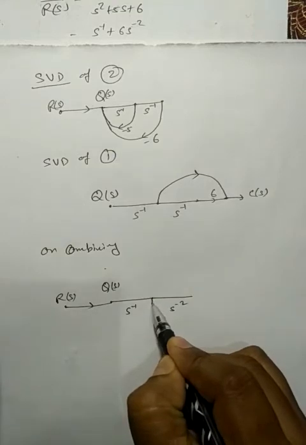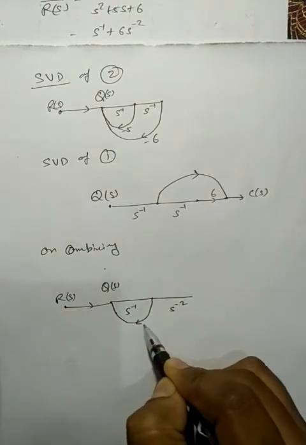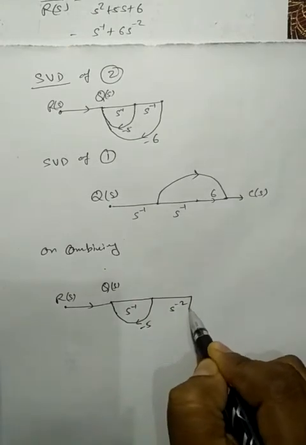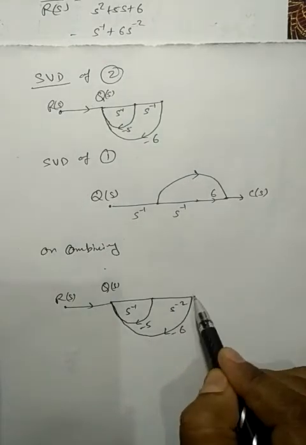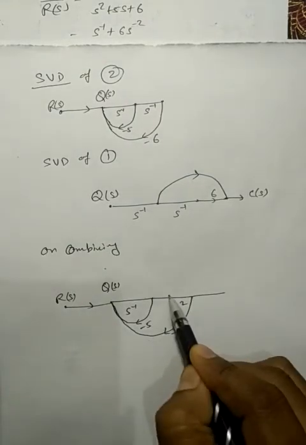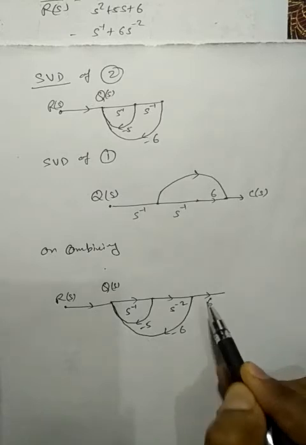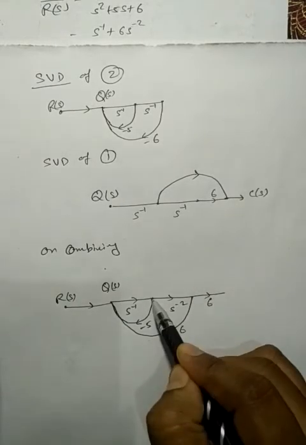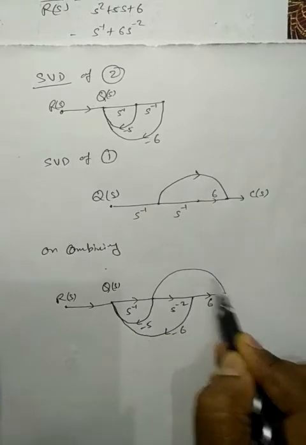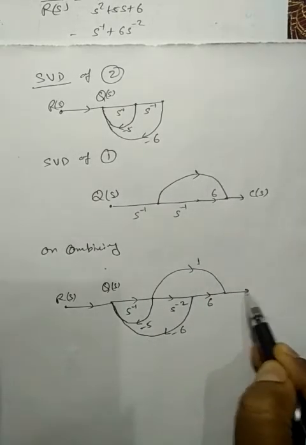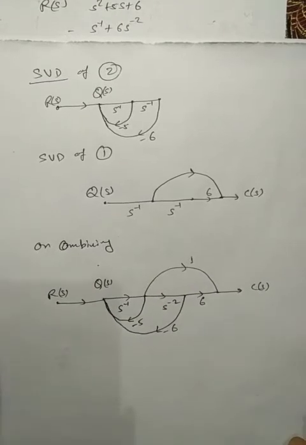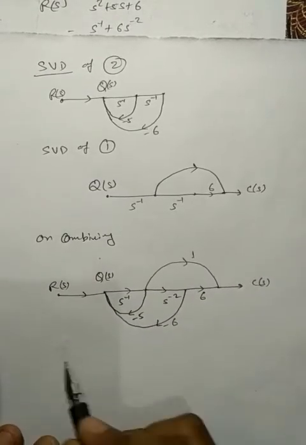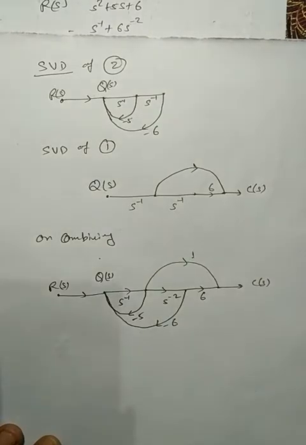From here a transmittance is minus 5, from here a transmittance is minus 6, from here a transmittance of 6, and from here a transmittance of 1 is here, and then I am getting Cs. This is my state diagram, and from this state diagram I am having equations like